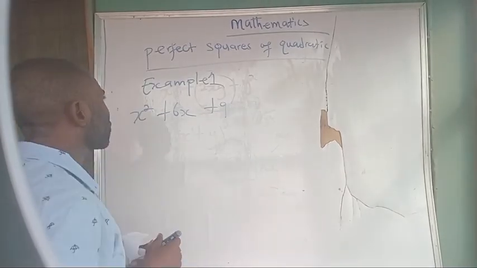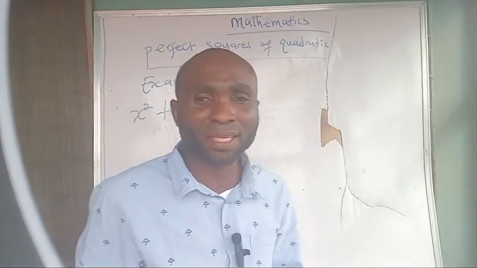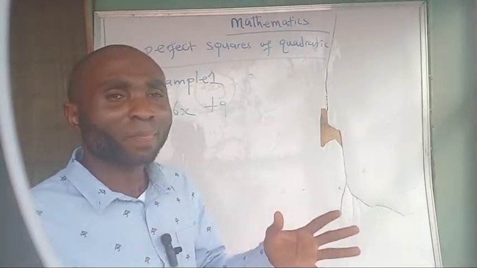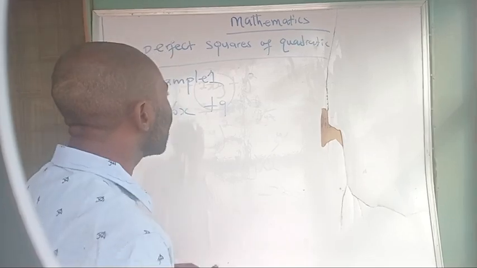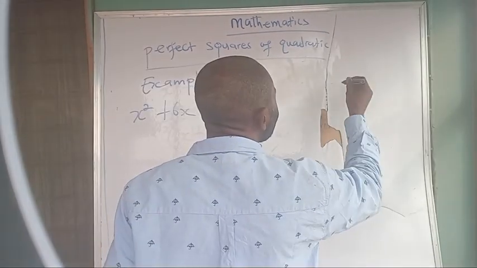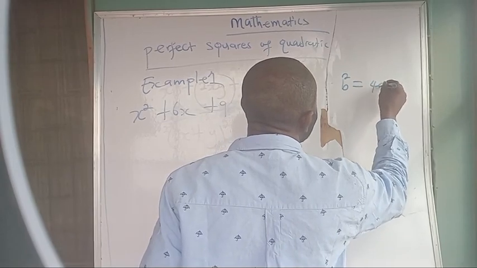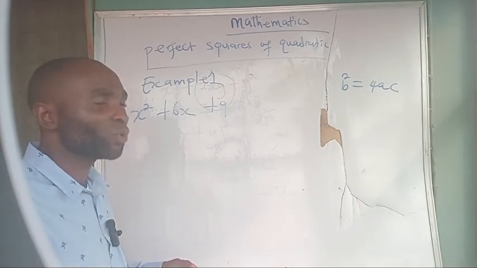This is a quadratic equation, and this equation here is perfect, because there are ways of checking a perfect square equation. The other way of checking it is b squared is equal to 4ac, such that in any quadratic equation